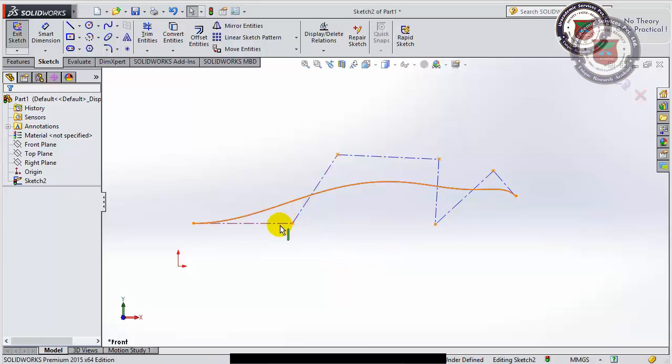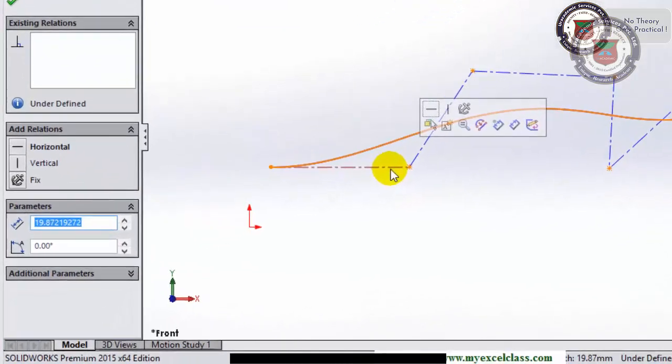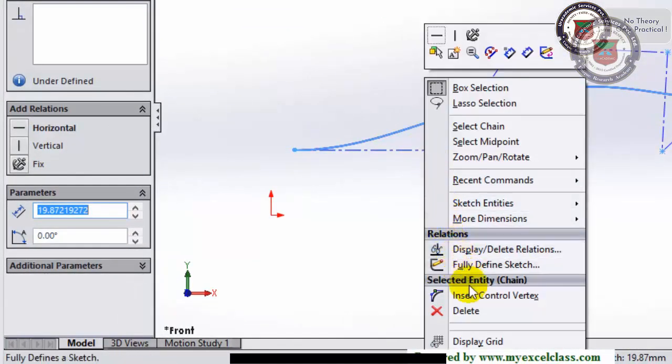Now suppose I want to add a few more vertices, control points actually. So I have to click on this control polygon, right click the mouse, and you can see here insert control vertex.